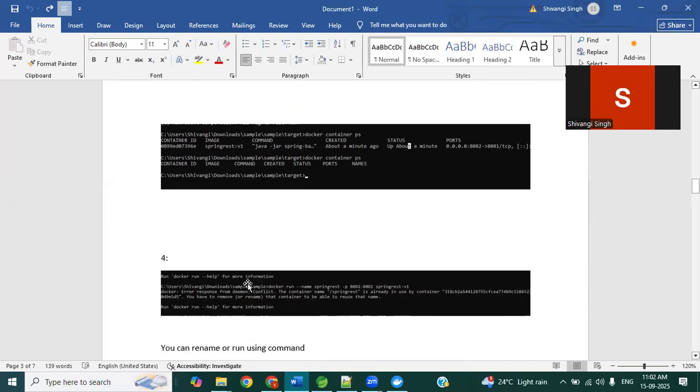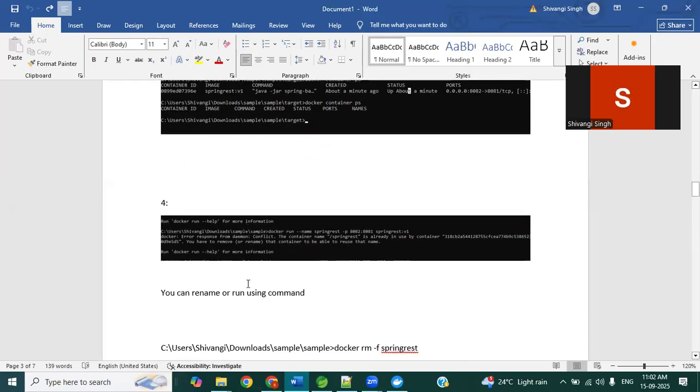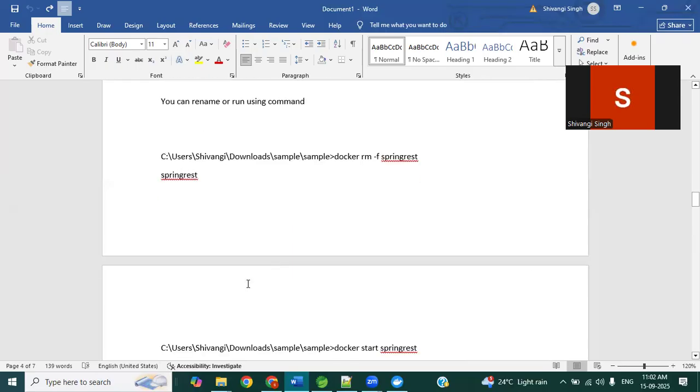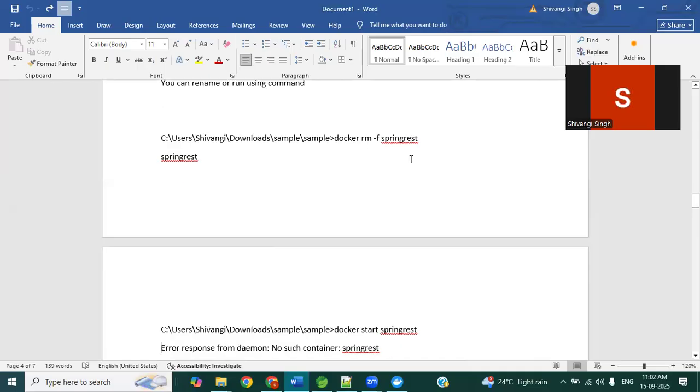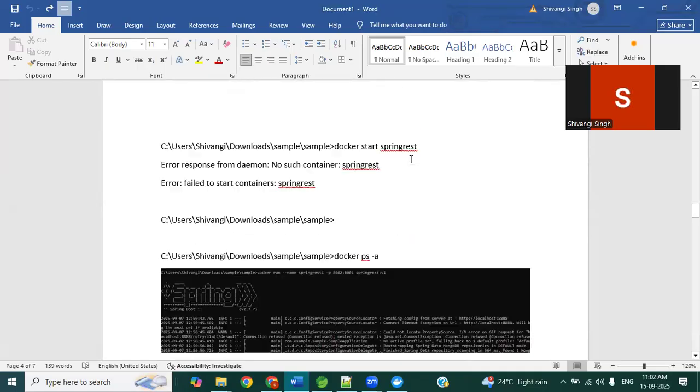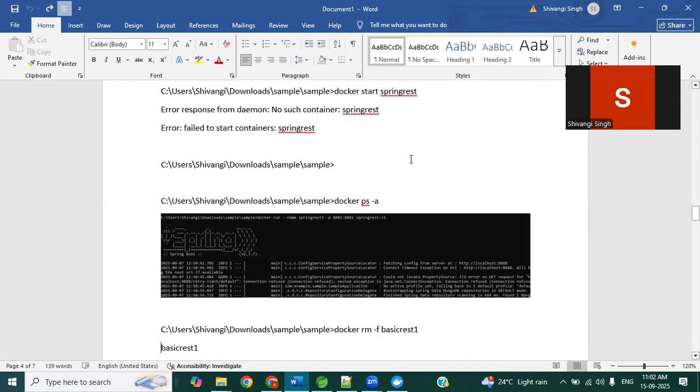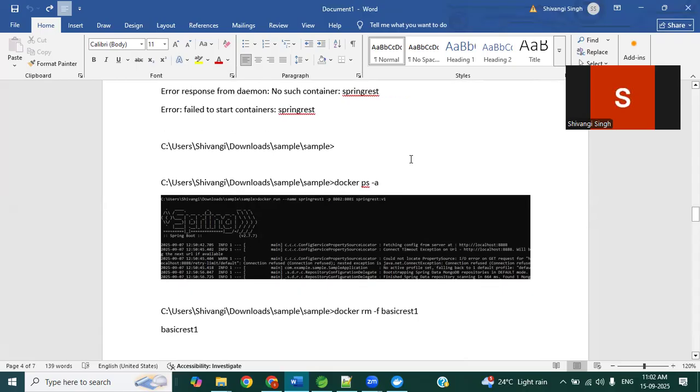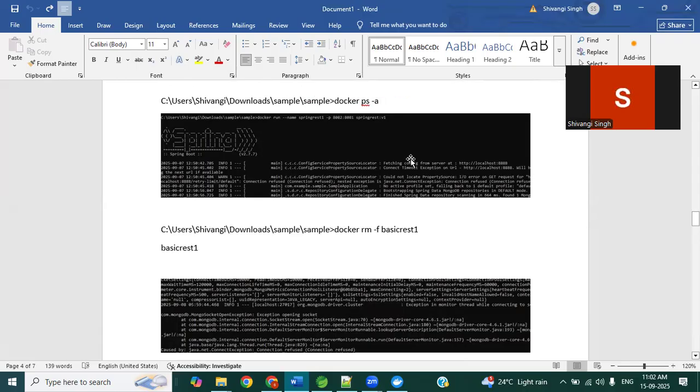Now I found one more issue: it is already running, since the Docker name Spring REST is already taken. So you can rename it and run it with some other name, or you can delete the existing one and then start it with a different name. So I did docker rm -f Spring REST for the existing one, and then started again with docker run for the complete project, and reran it with complete details. If you see, with docker ps -a, the project started running, fetching from the localhost server, but could not locate the GET request because of the connection.